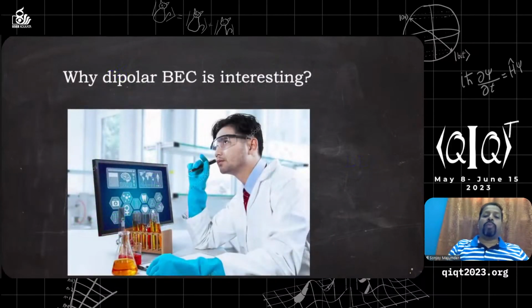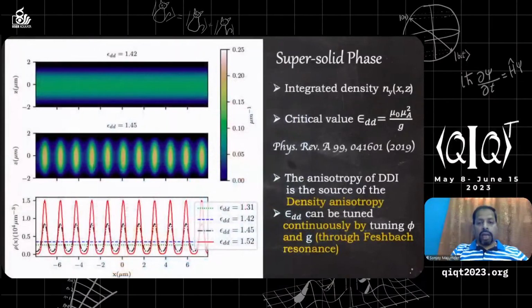So why is this dipolar BEC so interesting? That may be the first thing to understand. People have observed new phenomena in superfluid systems. Once we have this dipolar system, as I mentioned briefly in the previous slides, when you play with the dipole-dipole interactions compared to the atom-atom interaction, which I am abbreviating with g, and this ratio I am writing as epsilon dd, and when you modify this epsilon dd from, let's say, 1.42 to 1.45 and 1.40, you